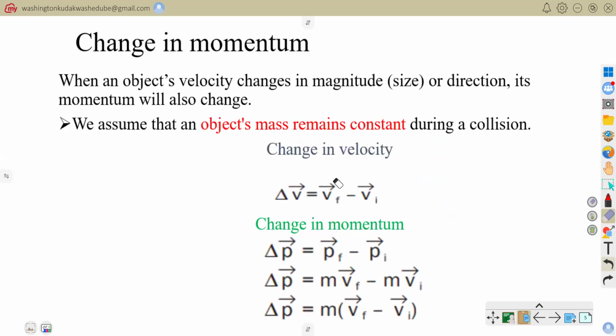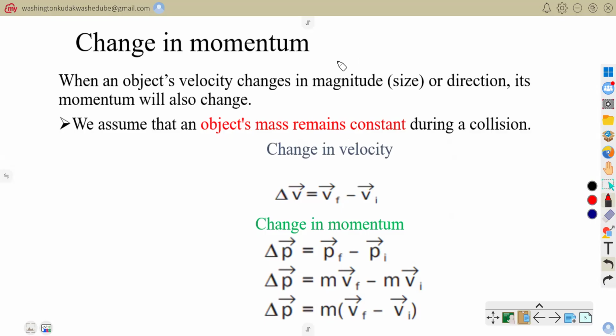Now, I want us to look into something that we refer to as change in momentum. Whenever an object's velocity changes in magnitude, which is its size, or else it changes direction, you need to understand that the momentum of that same object will change. So let's say, for example,